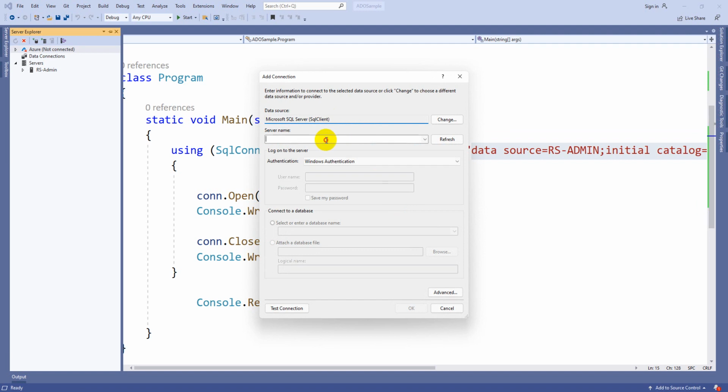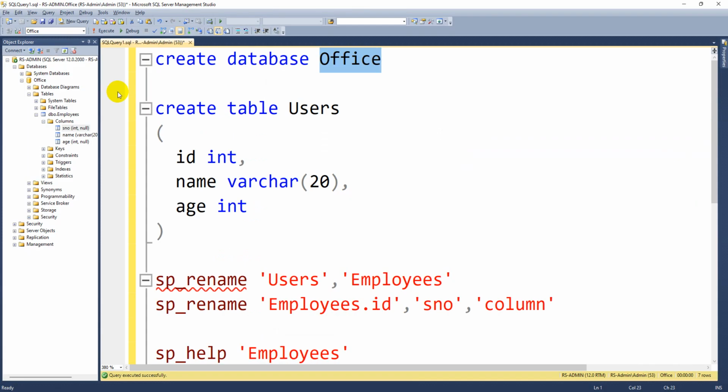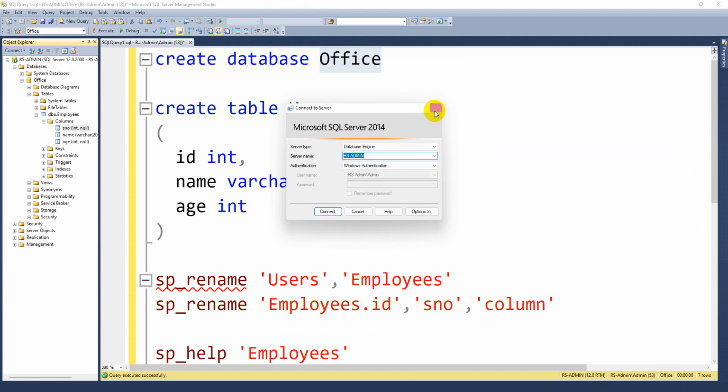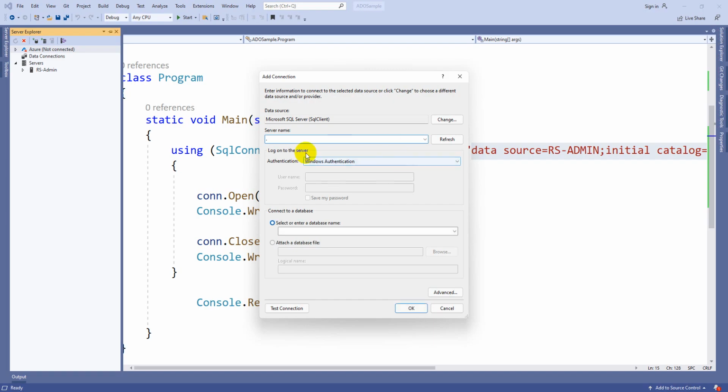click on continue, then it will ask for your server name. From your SQL Server you can get your server name, or else you can also use dot whenever you don't remember or don't know how to fetch the server name. Anything is fine. So I can give the server name. I can select whether it is Windows authentication or SQL authentication according to the requirement. When the server name and authentication are correct, in this database name, whenever you click on this arrow mark, it will populate the list of available databases. So select the database you want to connect with. I just want to connect with my Office database.